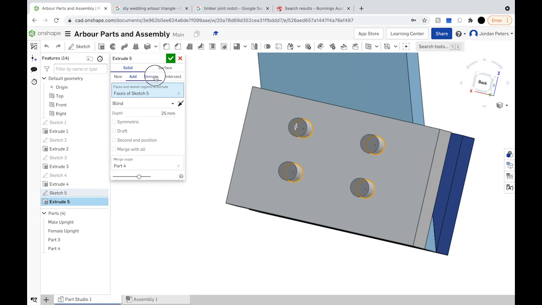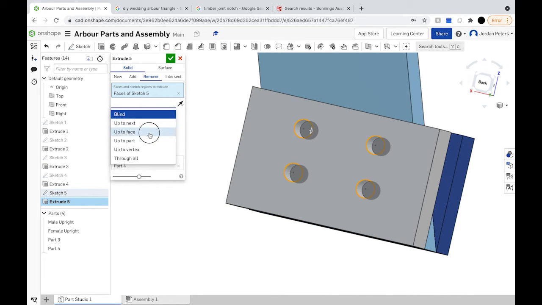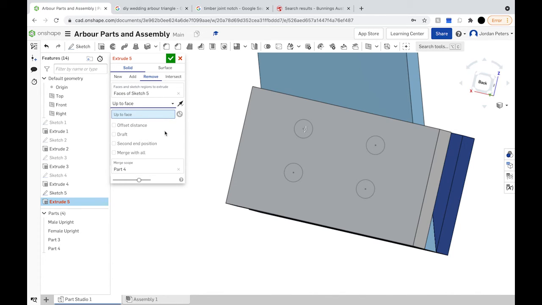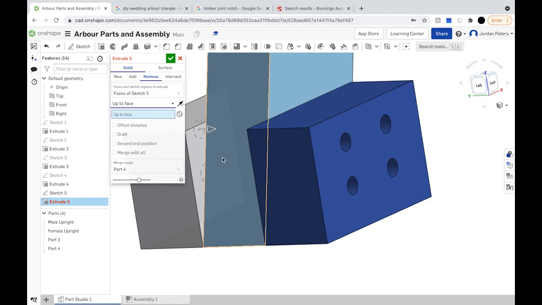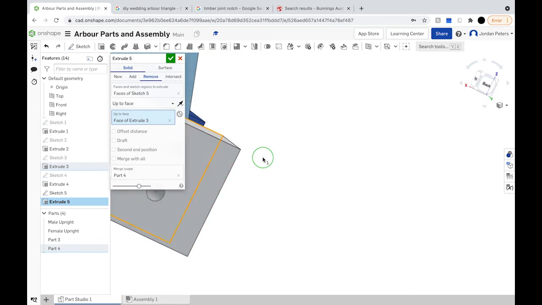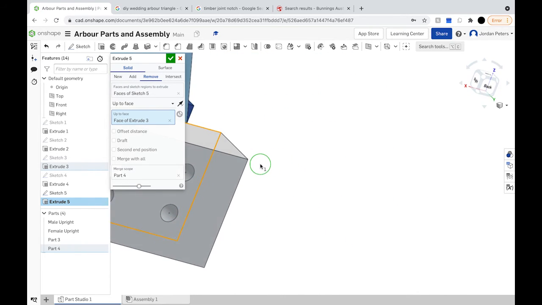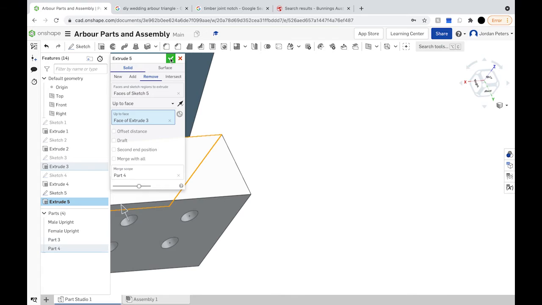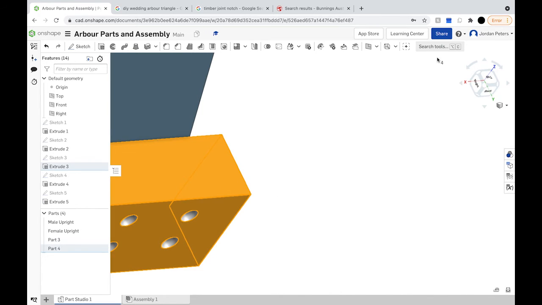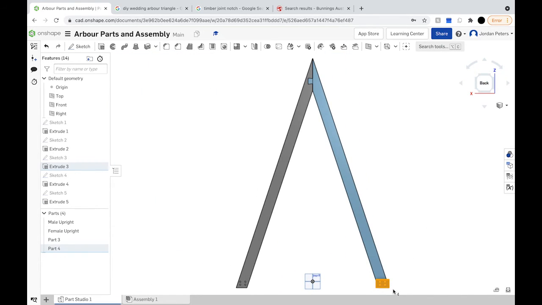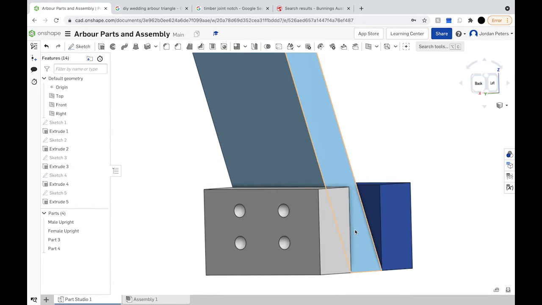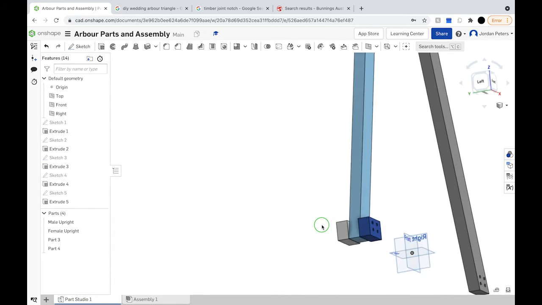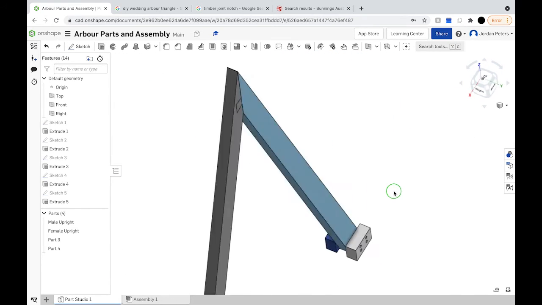Extrude. Move up to face. Let's say I didn't go back to remove, maybe. And tick that. Alright, there we go. Go back. You can zoom. Yeah, you can see through all of it. There we go. Alright, that took longer than necessary, but now we have our blocks,